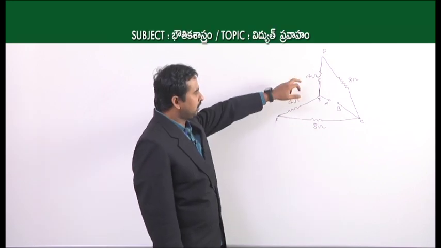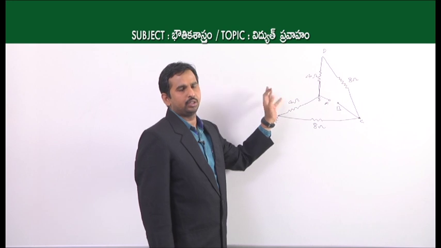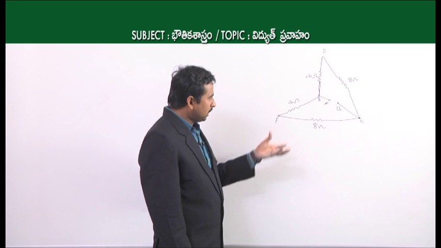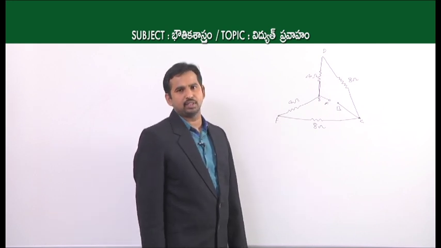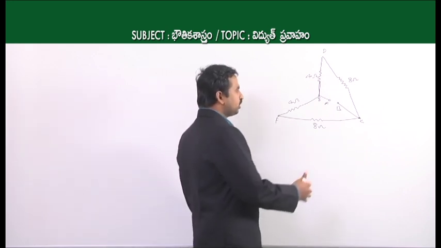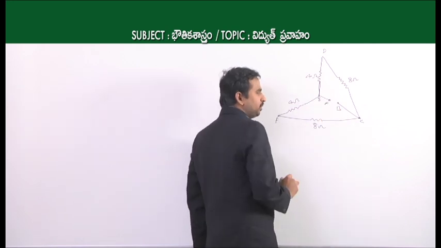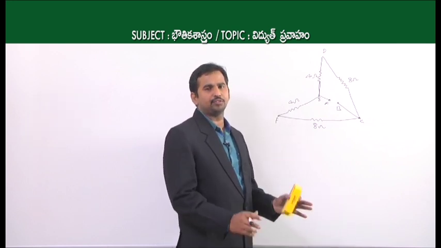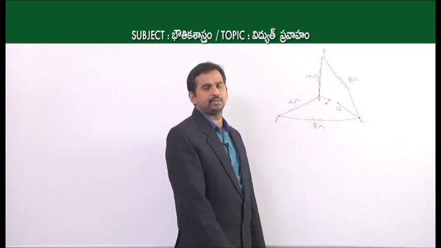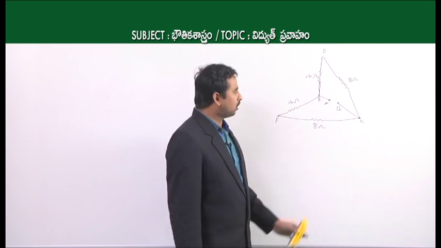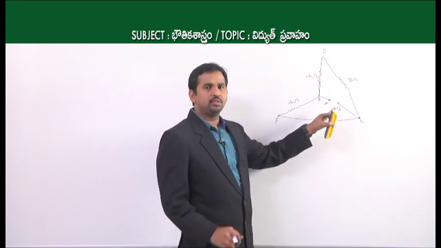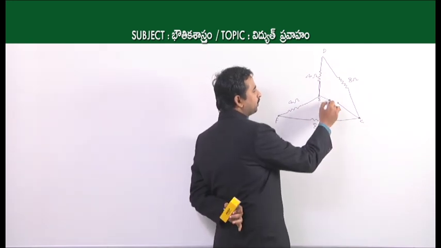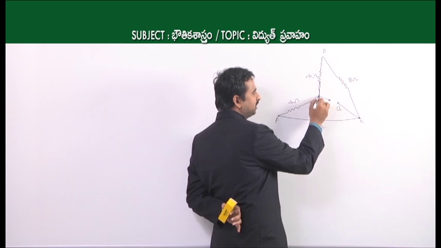Whenever you have difficulty finding out which one is in series and which one is in parallel, then as you are finding the equivalent resistance between A and B, let us assume the current starts from the point A. Whenever you are finding the equivalent resistance between two different points, let us assume a current is passing from the point A. Now, whenever it reaches the point E,